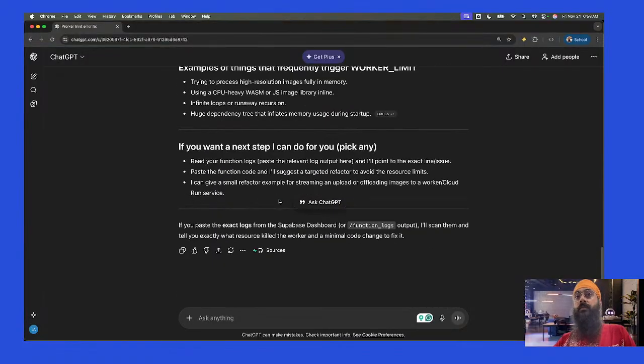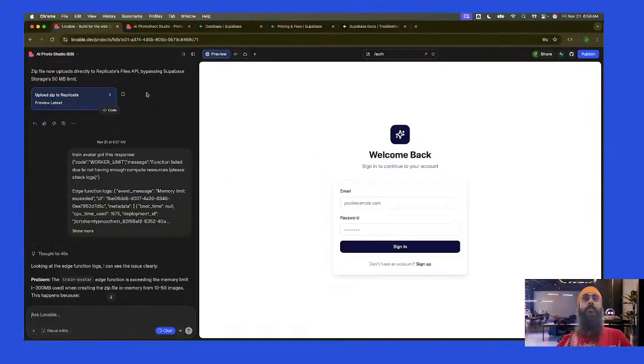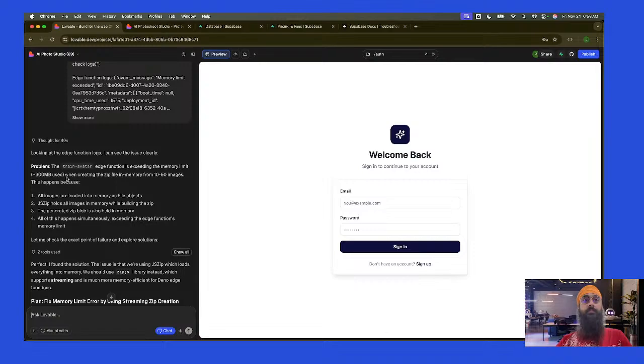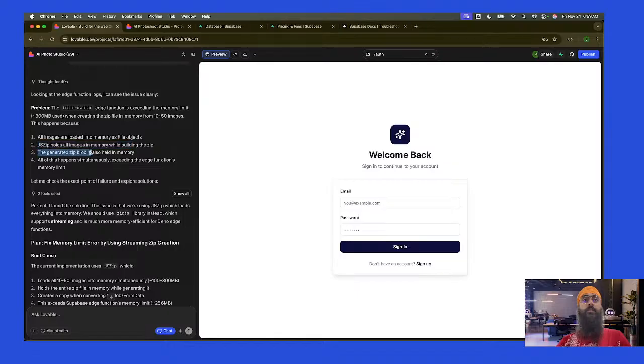That's it. Let's try to find out the solution to it. I'm creating a zip file in memory from 10 to 50 images. All images are loaded into memory as file objects, JSZip holds all images in memory, and the generated zip blob is also held in memory. All of this happens simultaneously.